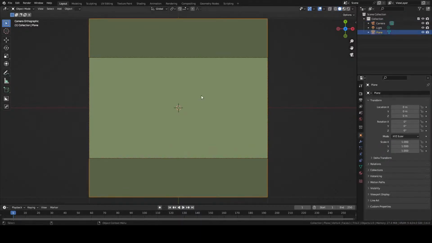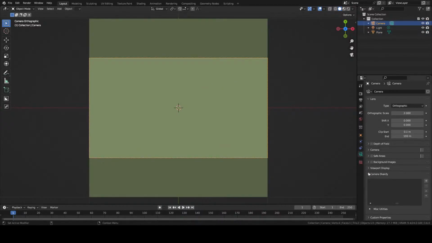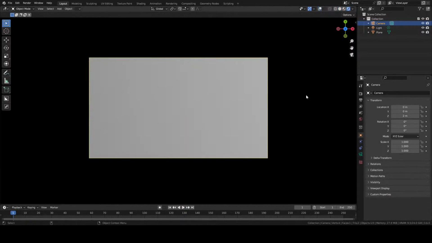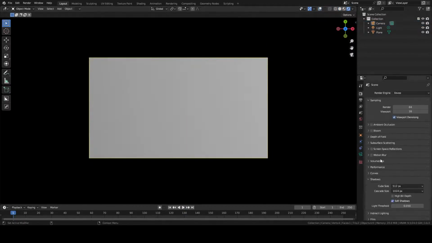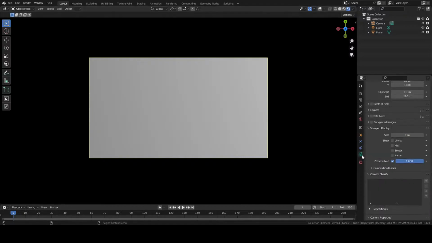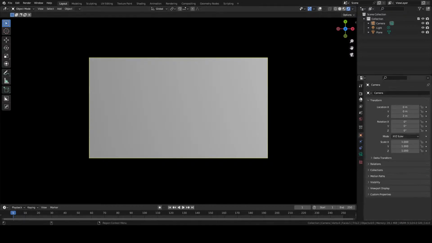All right. So I got my cool thing here, and it's making a 1920 by 1080 image, the 16 by 9 of this plane. And because we have the camera, we don't need to see what the rest of the stuff is doing. So we can go into viewport display and increase the Passepartout up above 1, and then go to rendered view, remove all the extra guides and stuff. Make sure you go up here, change in color management. You want to change it to standard instead of filmic, and that will make your whites white. Covered all this in the last video.